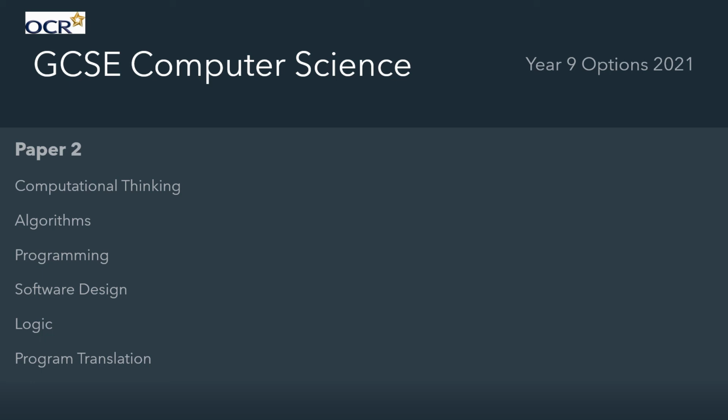So that's paper one and that's paper two. When you're doing paper two, you'll do lots of programming. You'll do a programming project that will help you to put together a massive program that you can use wherever you want to. Like I said before, computer science doesn't narrow you down, it opens up opportunities. And what we want you to do, when you finish GCSE computer science, is have a wonderful set of skills that now gives you the opportunity to choose what you do next. You don't have to want to be a programmer or a network administrator to do computer science. You might just want to improve the way that you solve problems, and computer science is perfect for doing that.